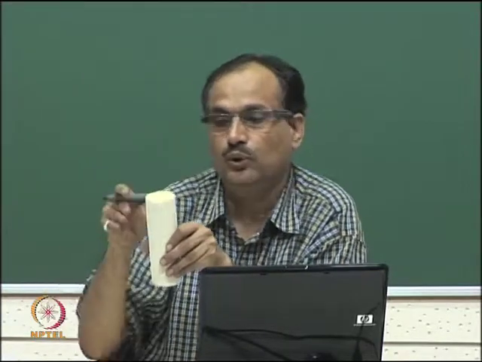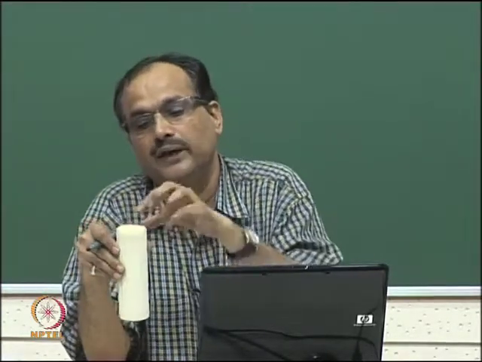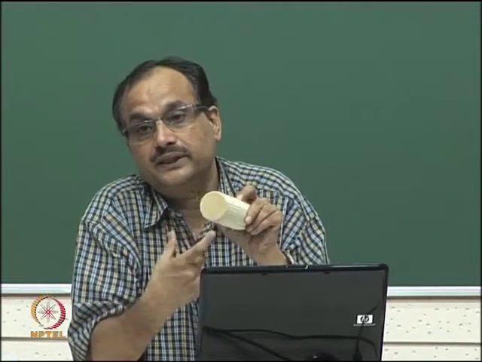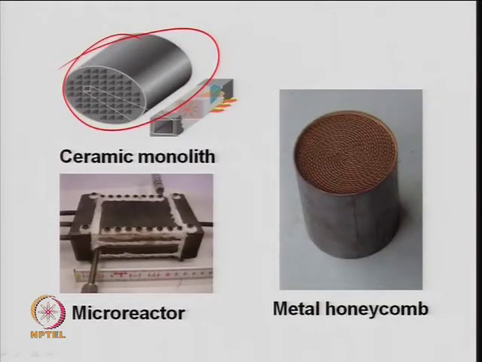In between we can wash coat our catalyst. Now the diffusion length is very small, and each channel is acting because it has a large surface area per unit volume. So this structure has the channels, the openings with different sizes, and a large surface area per unit volume. This is known as a cordierite structure, a monolith, and here it is shown, a ceramic monolith where you can see the larger openings.